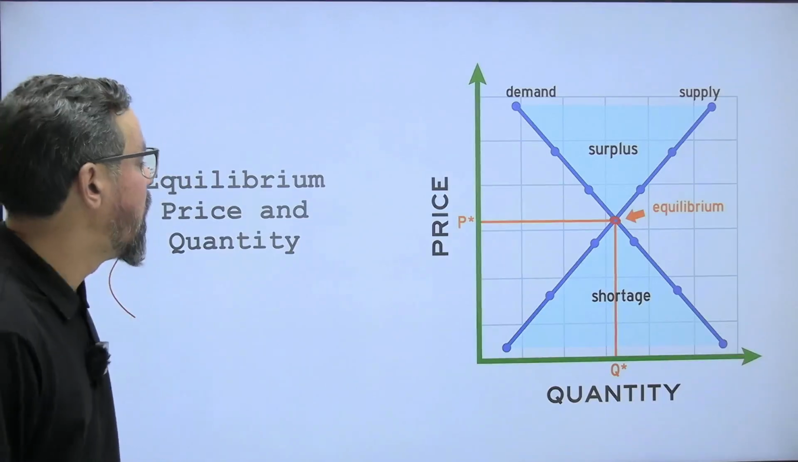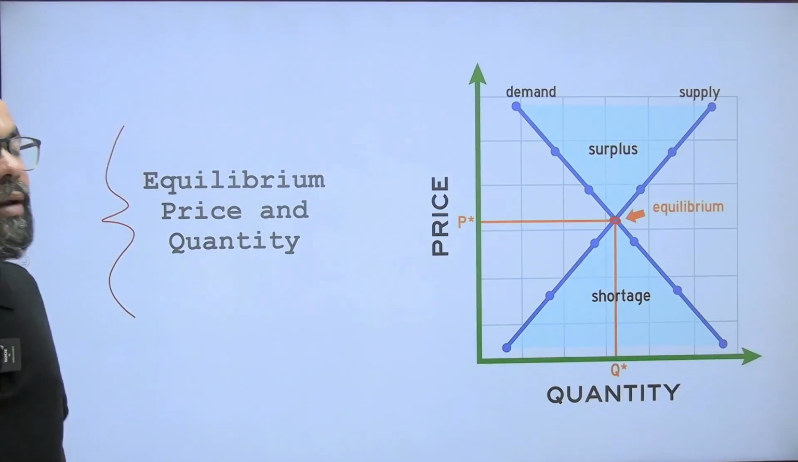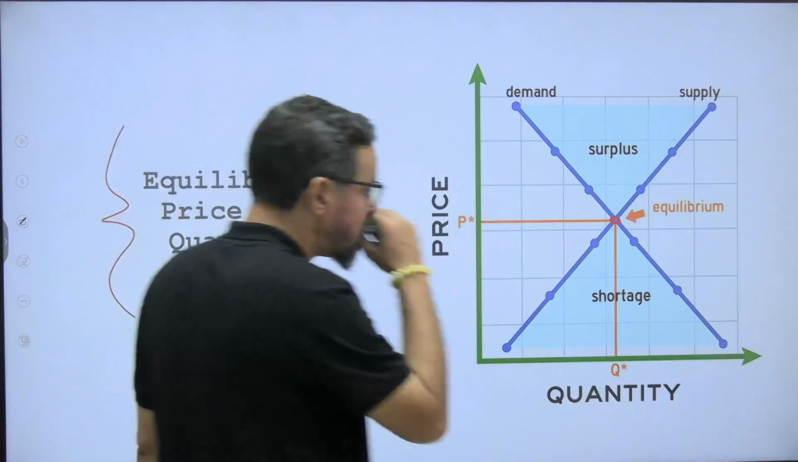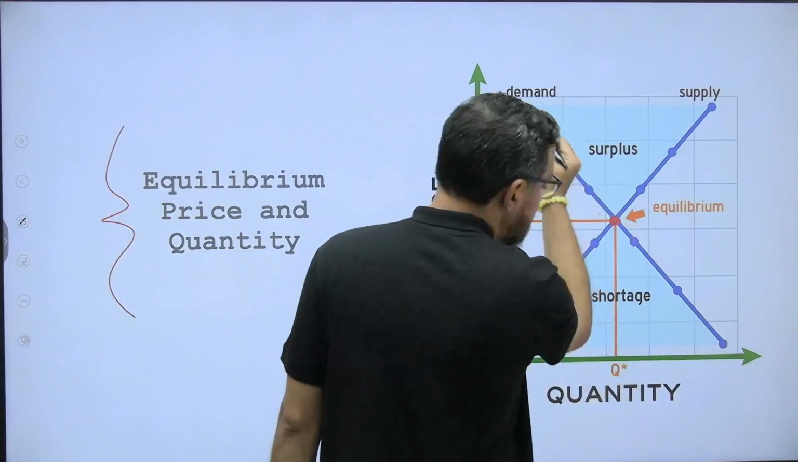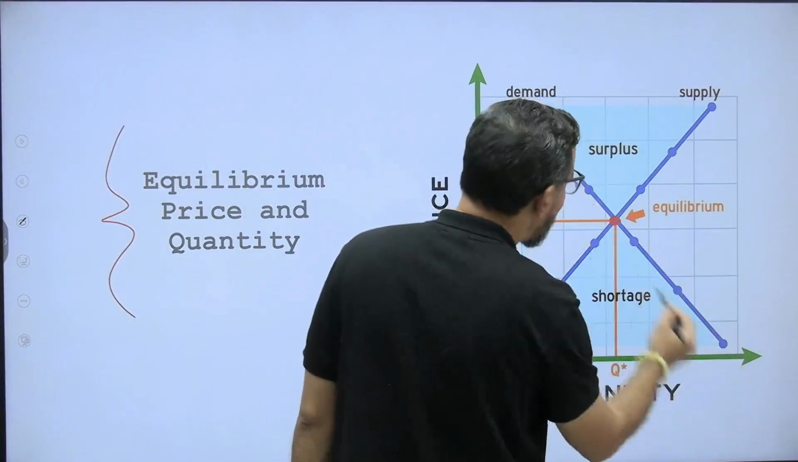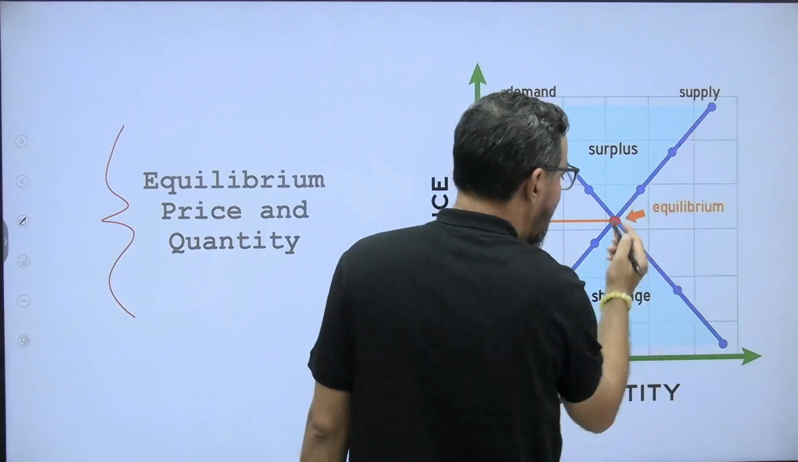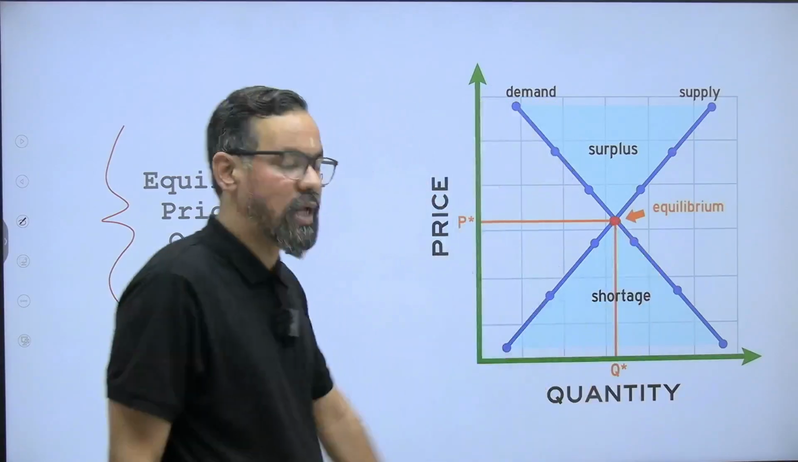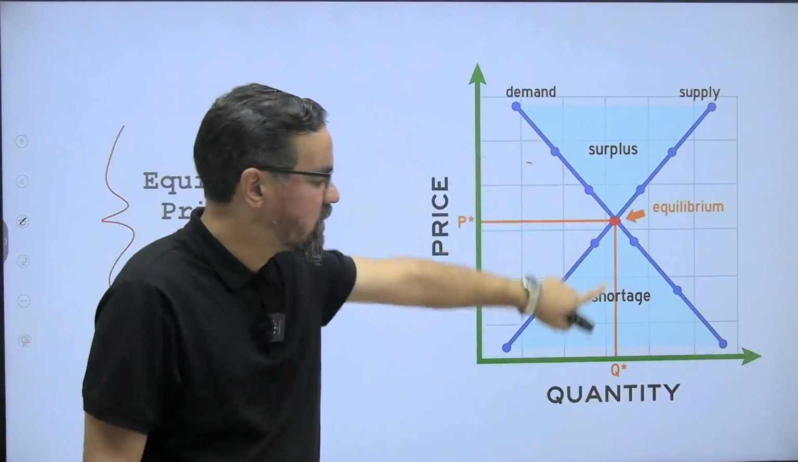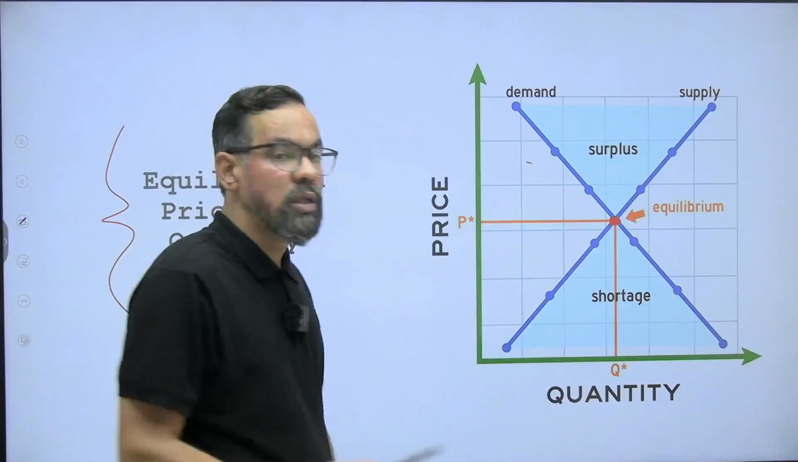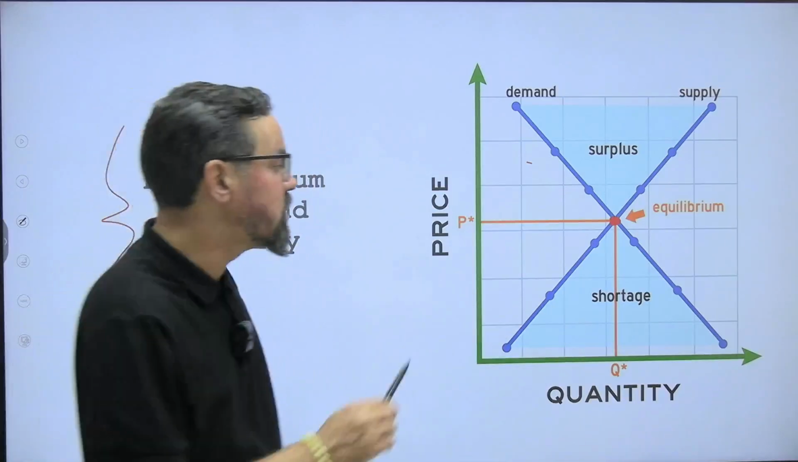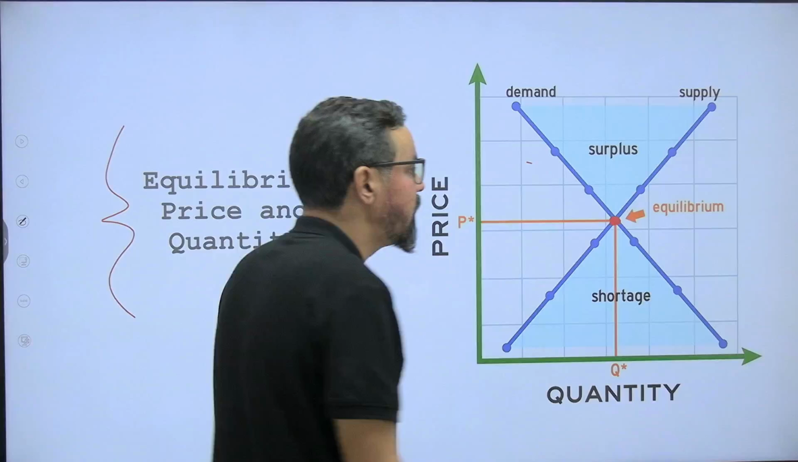Okay, now equilibrium. This is the point where your demand curve will interact with your supply curve. So that is the point. This is the surplus, this is the shortage. This shortage and surplus will be adjusted through this. Let's say like